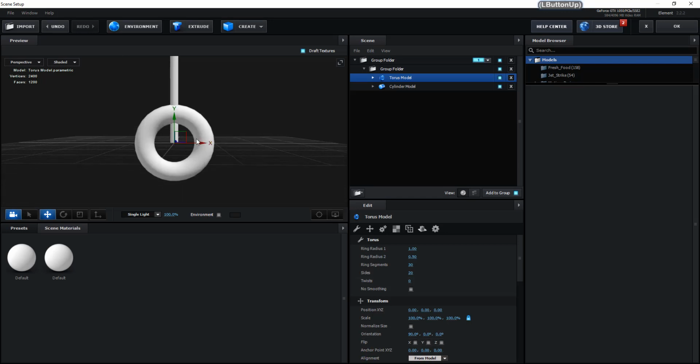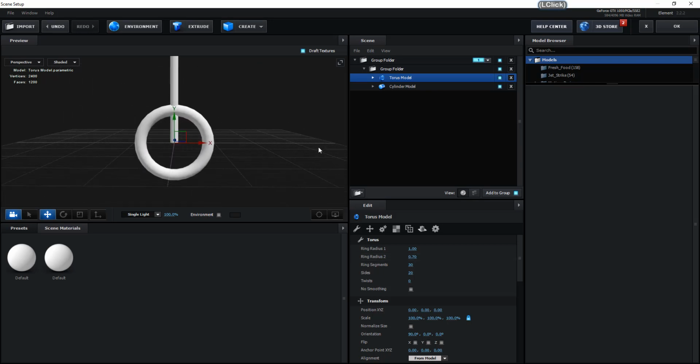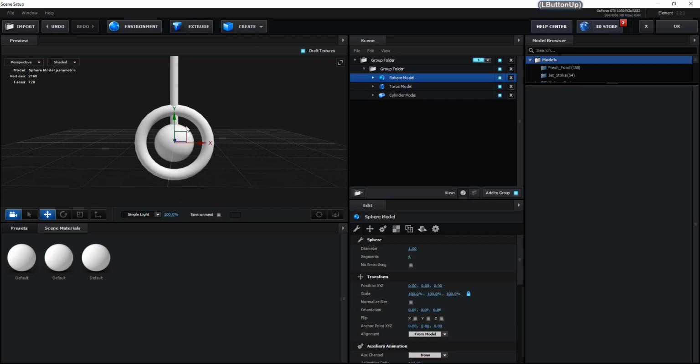Now we have to reduce the inner ring radius, so increase it. You can rotate it, you can see the size, maybe 0.70 is enough. Keep it as it is. Now we have to create a sphere over here. So now the sphere is there.